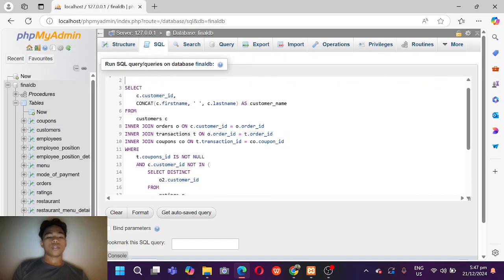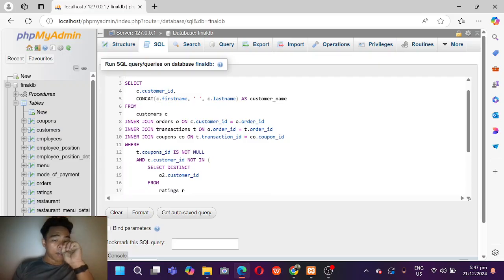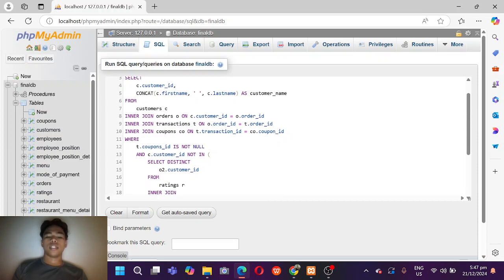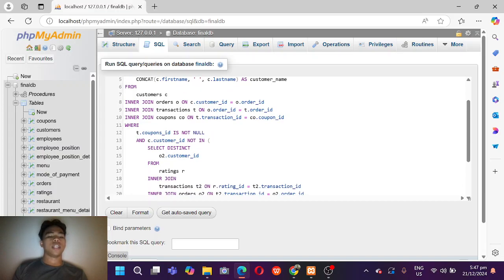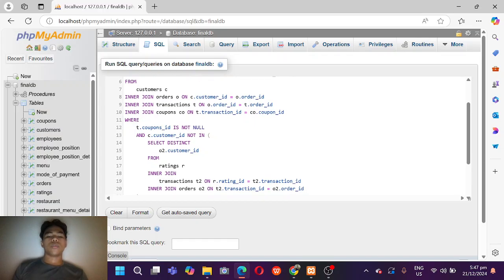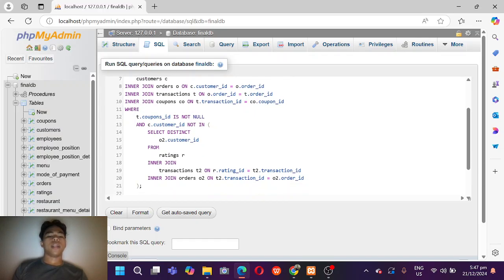Select customer ID, concatenate the customer first name and customer last name as customer name from customers, inner join orders on customer ID to order ID, inner join transactions on order ID to transaction order ID, inner join coupons on transaction coupon ID to coupon ID, where transaction coupon ID is not null and customer ID not in